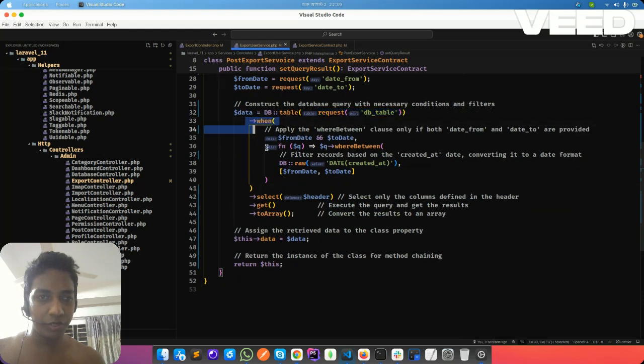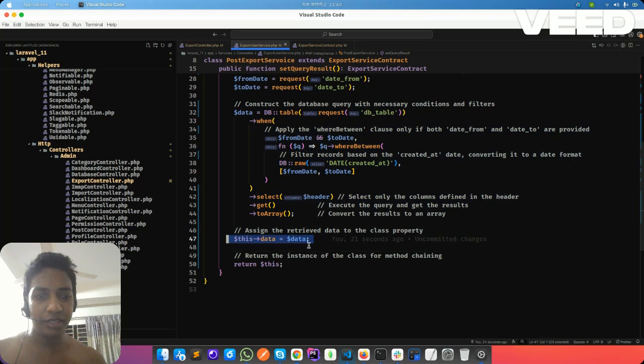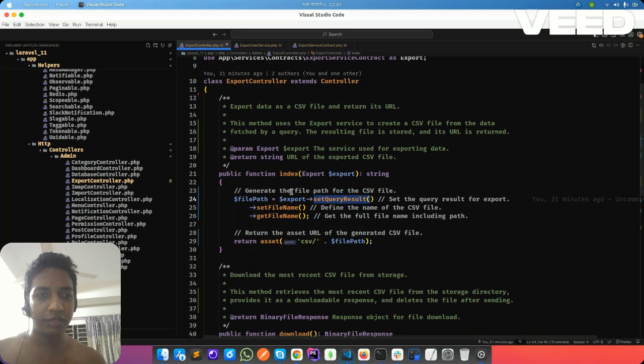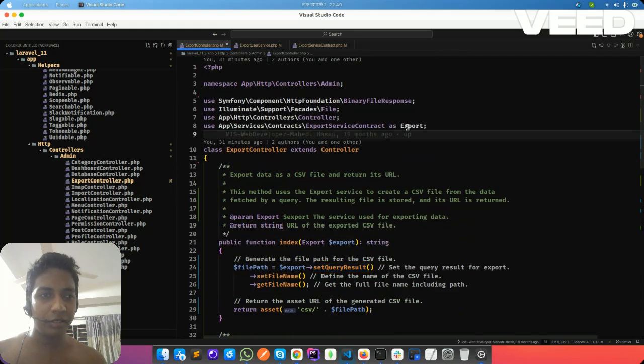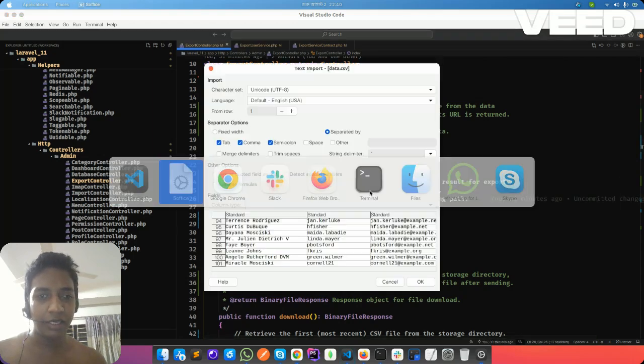Then write your query, what you have to return, or what you have to filter, or how your data should be transformed. Then just assign, and you have nothing else to do, just go to the controller, and using this export service abstract class, passing it here, and then just call export, set query result, set file name and get file name, and just